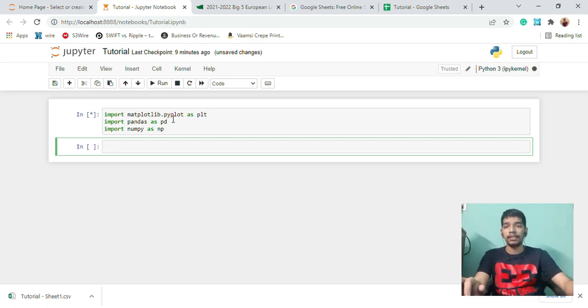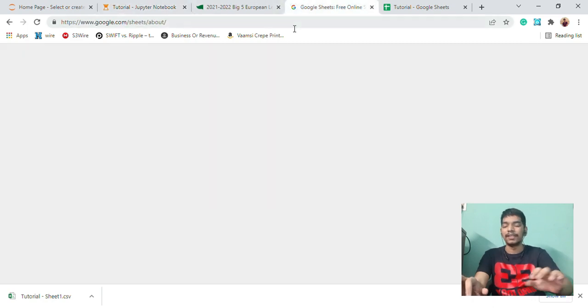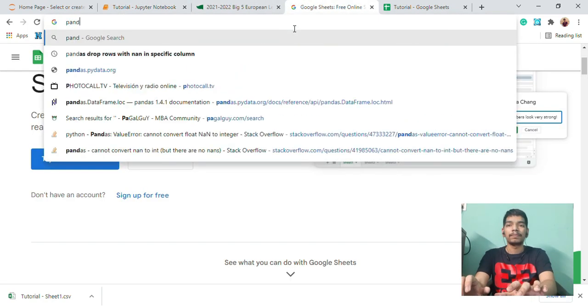You see here, I will put the cursor right here. When you see these asterisks inside these braces, it means that it's running. It will run, don't worry about that. While it runs, so I told you already, I am not really a coding